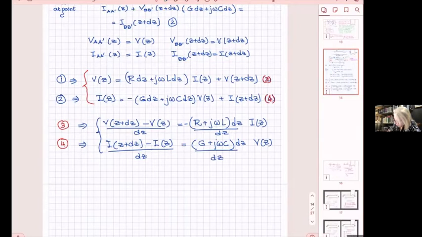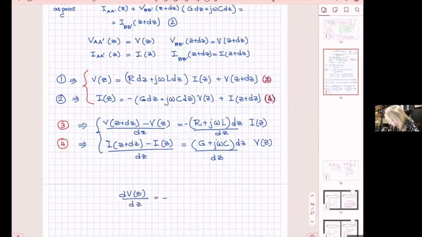And since I do that, what does this remind you of? This is a definition for something that you have seen. Yeah, it's a definition for a derivative, right? Except without the limit. Exactly. Thank you. So it's dV of z over dz